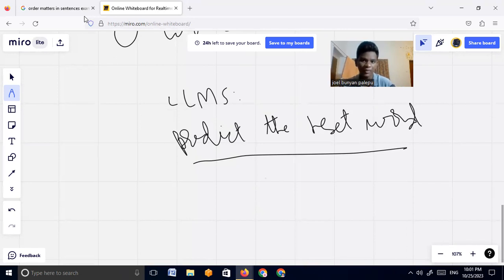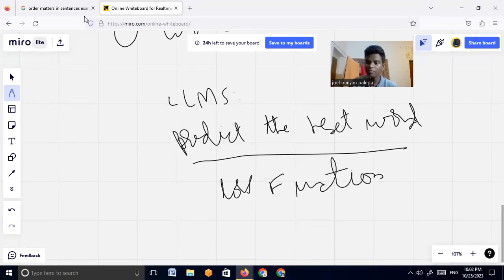In the training phase, this is the main thing. Even ChatGPT does that. The model just predicts the next word based on the previous words. So this is the main function, and the loss function is also common for every LLM. For every LLM, the loss function is this